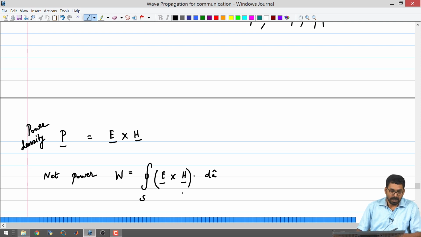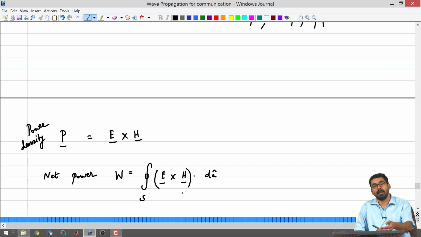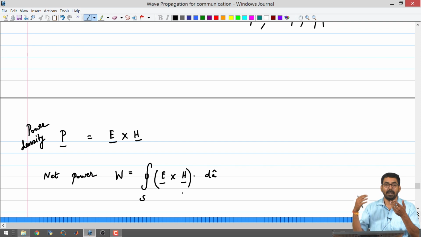And there are some more details that we will have to slowly uncover. For example, we have to start looking at how the power depends on space and how the power depends on time, because we have a time harmonic electric field and a time harmonic magnetic field. It is quite possible that there is a phase difference between the electric and magnetic fields, or no phase difference, and then instantaneous power versus average power. Just like in electric circuits, you would have had instantaneous power and average power, real power, reactive power and apparent power, all those things. So, similarly we will have to see what we can figure out from here. So, that will be the goal for the future lecture. So, I will stop here.